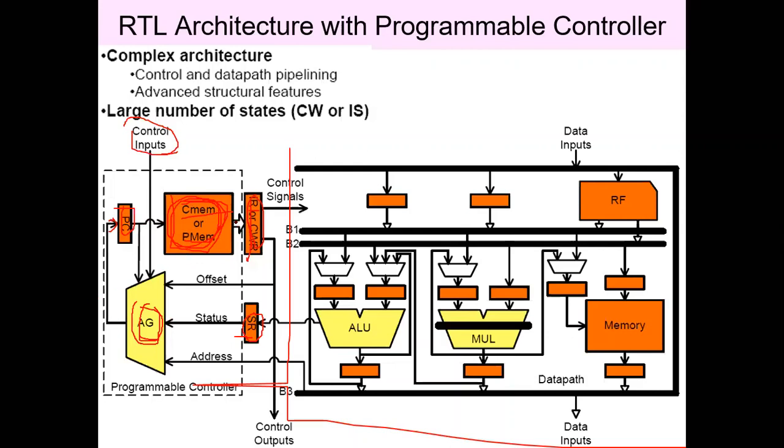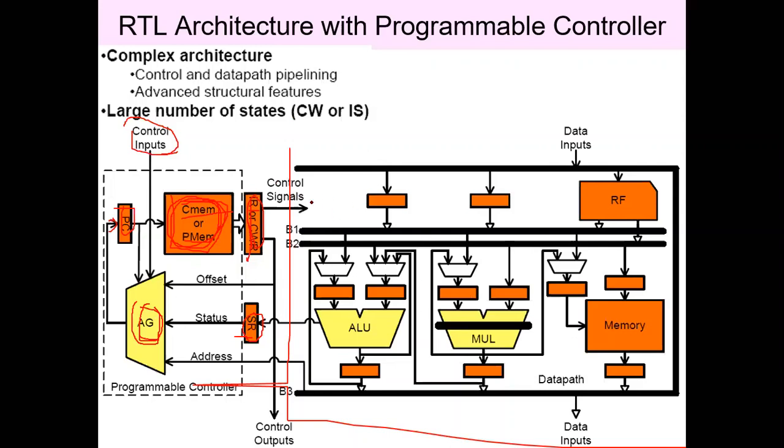Then in the next clock cycle, the execution of that particular instruction will take place. So in a simple case, it will require 3 clock cycles: 1 clock cycle for the address generator, the 2nd clock cycle for selection of that particular instruction, and the 3rd clock cycle for the execution of that instruction. In general, it will take 3 clock cycles, but here in the data path, the situation may be different.